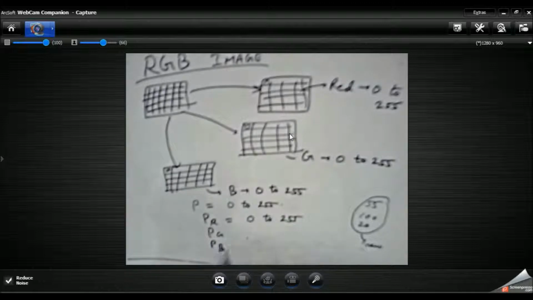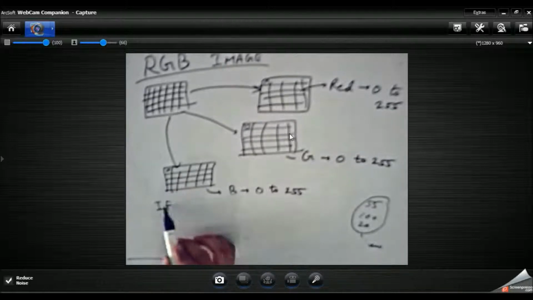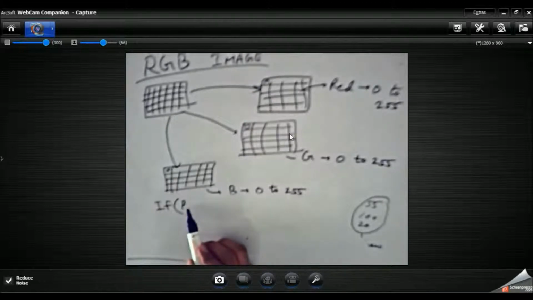So the logic will be the same, that is, we have to use three if statements or a single if statement in which we give the range of the pixel of each of the matrices.